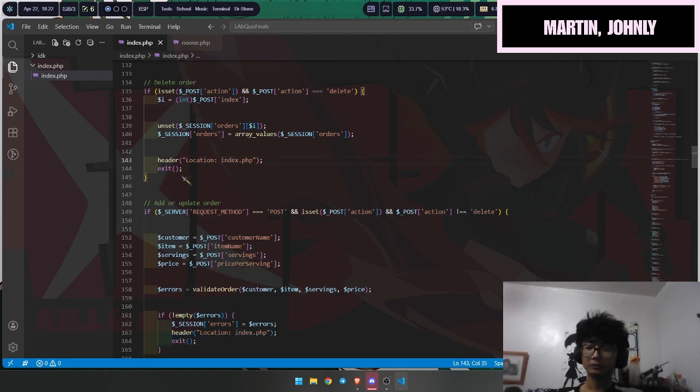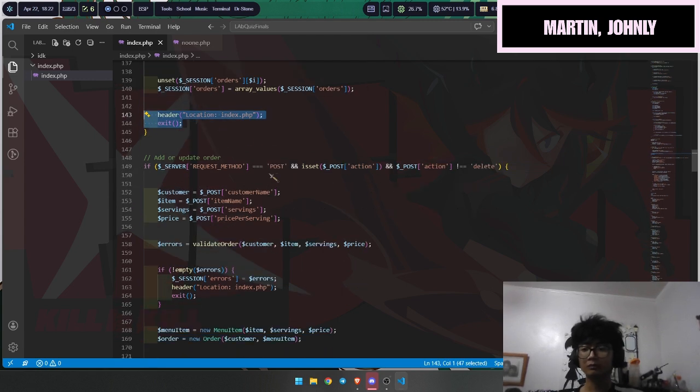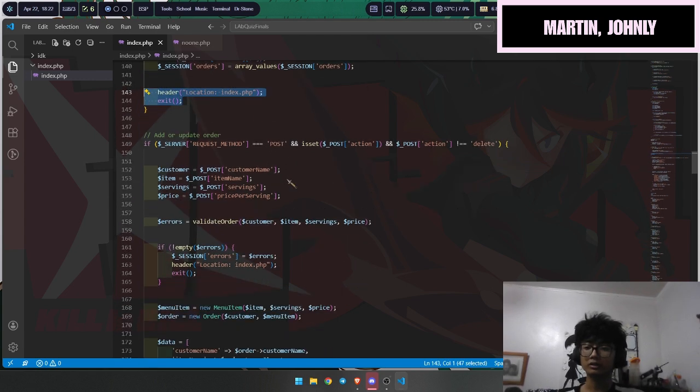The next is this one, header location. This one is for reloading only. Normally we use this to go from page A to page B, but here we just reload it since we don't have the ability to use Ajax.